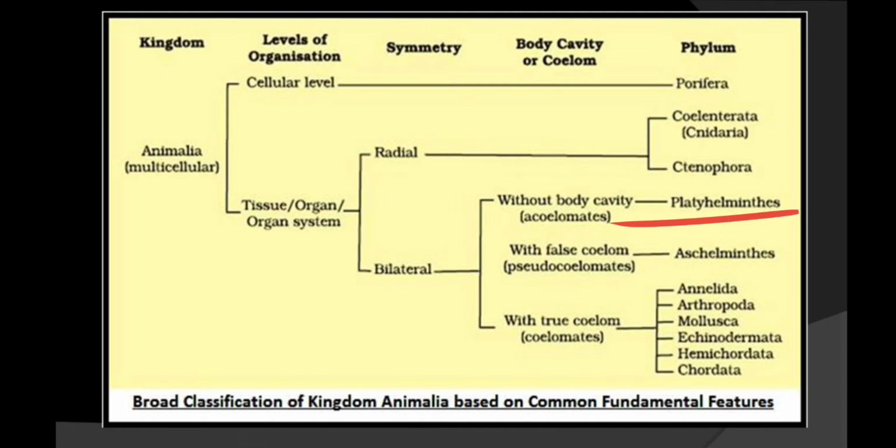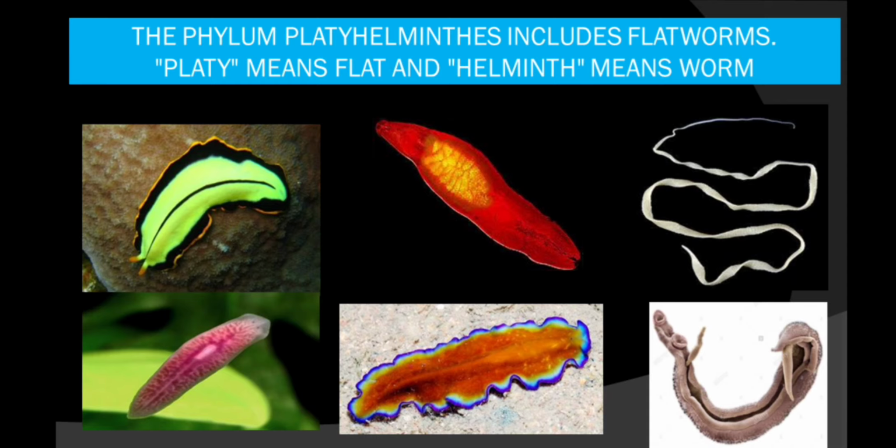As you have seen in the Coelenterata and the Ctenophora, there are two layers, that is ectoderm and the endoderm. Now in the Platyhelminthes, for the first time you will find a third layer as well, that is the mesoderm layer. Here you will observe how colorful these animals are, and they are very dangerous as well. As the name suggests, Platyhelminthes, platy means flat and helminths means worm. So here you will find flatworms.